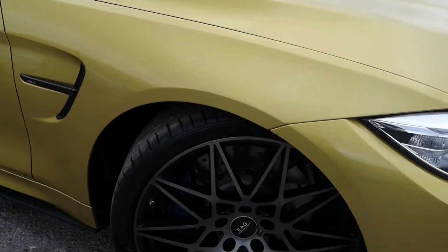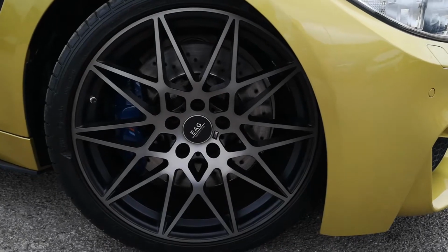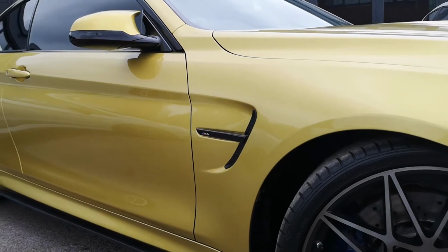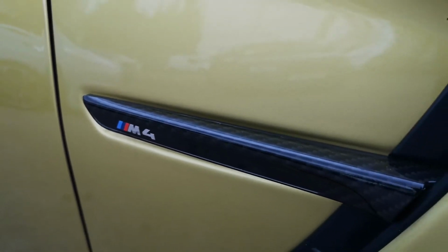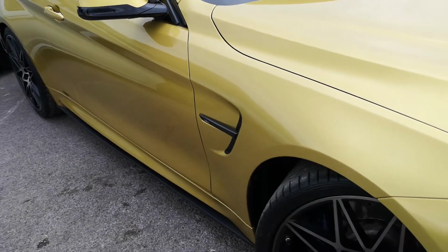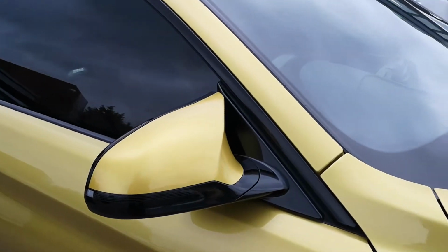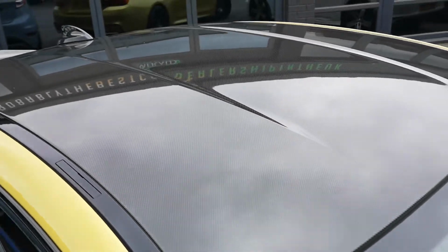Obviously your brake calipers are also Estoril blue behind your 666M style competition alloys. It's just a fantastic looking car from every angle. Carbon fibre wrapped M4 just here. As you can see on the side vent, the car is dripping in additional extras. Austin yellow mirrors with gloss black styling, gloss black window surround. Have a carbon fibre roof direct from factory, shark fin antenna,